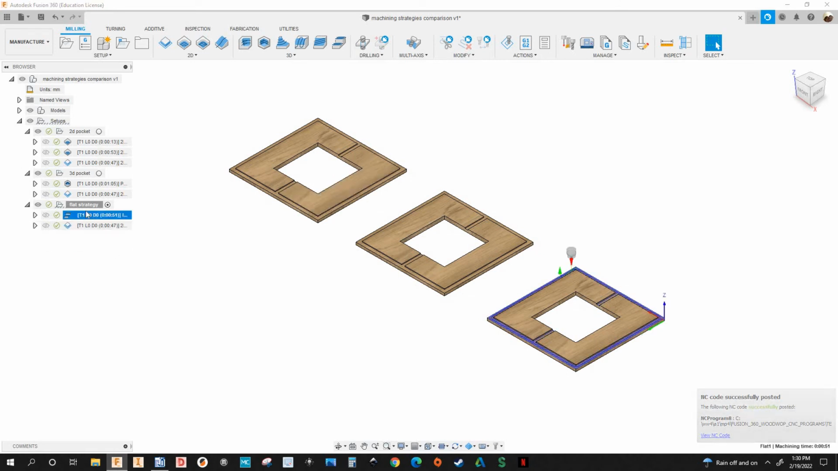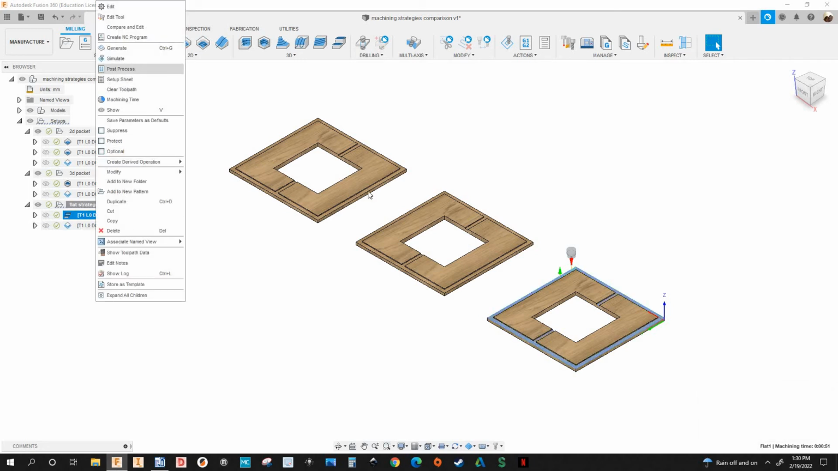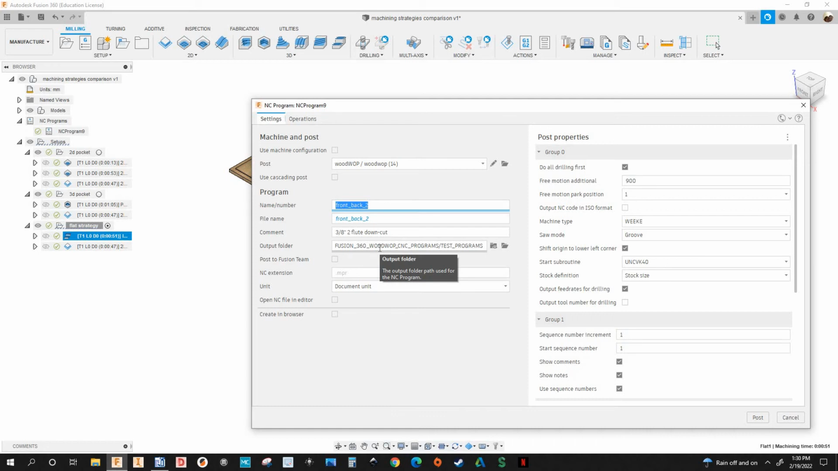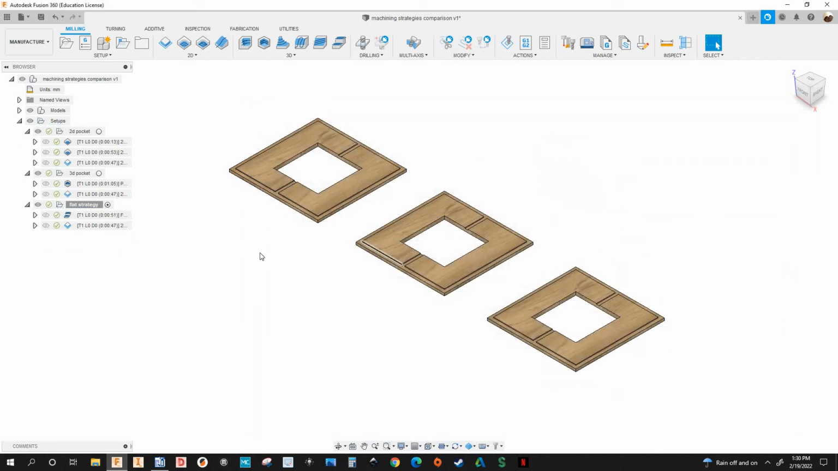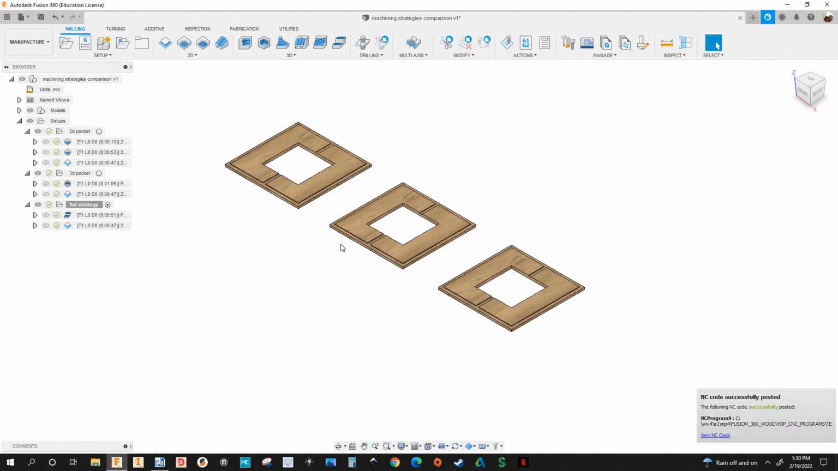The next one, the last one, is flat strategy. So I'm gonna right click, post process. I'm gonna type flat underscore strategy. I hit enter. That's been posted. Okay, so before I go to Woodwop and open up the programs,